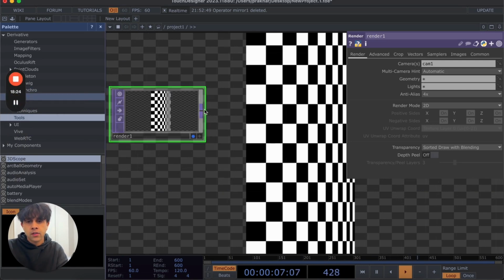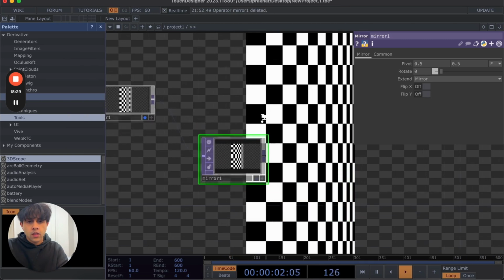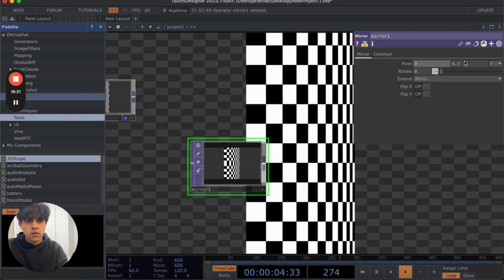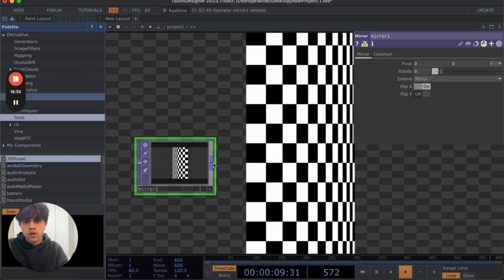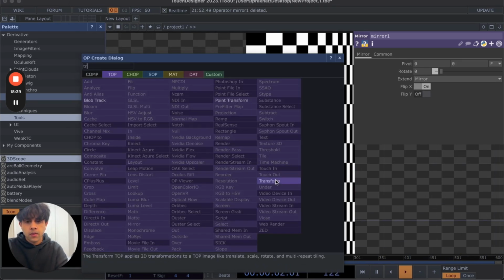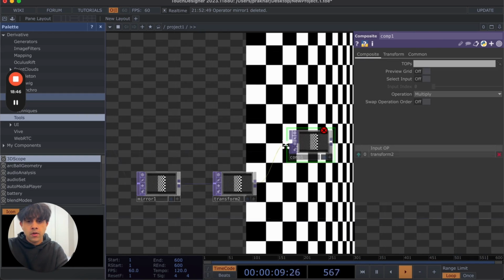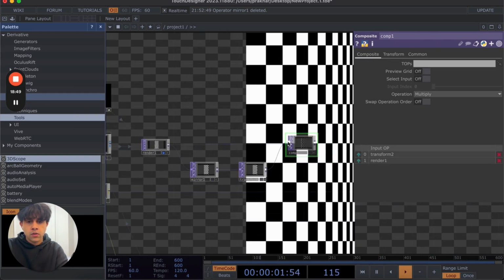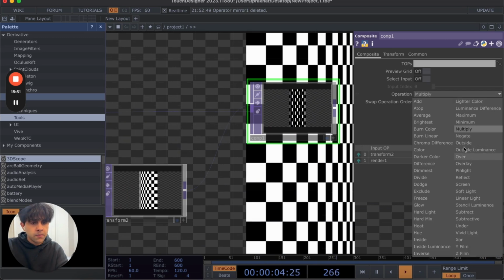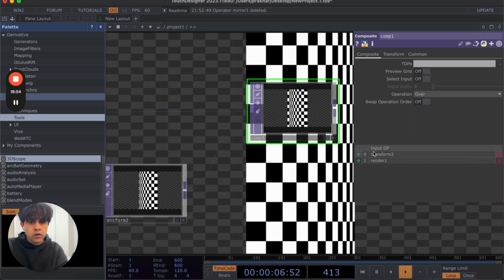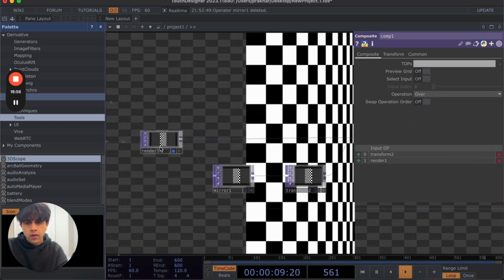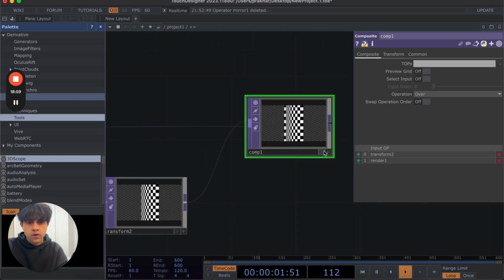Let's mirror this now. So for the mirror, we add a mirror top. Change the pivot to 0 and 0 and flip the X. Now we want to add a transform to it, a composite, to which we will add our mirrored image and our original image. Change the operation to over. Now if we turn the display on for composite